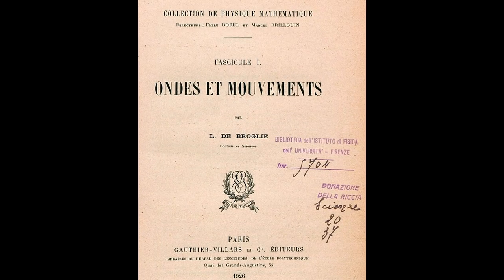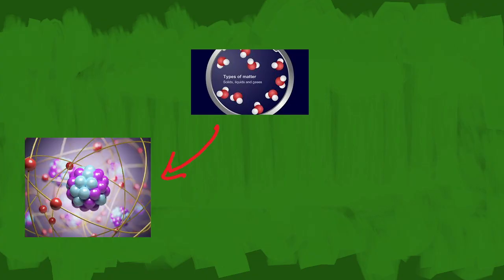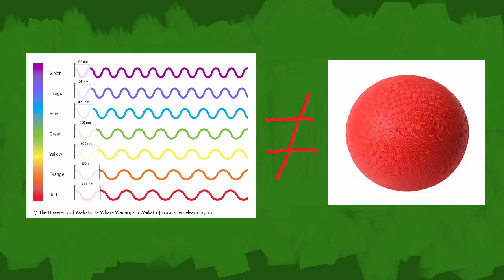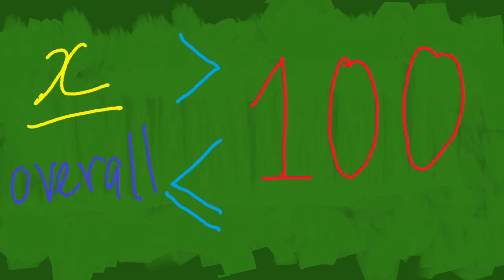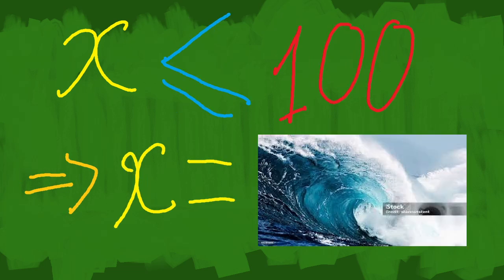In 1924, Louis de Broglie proposed his PhD thesis, which includes a groundbreaking theory of matter. According to this theory, all matter can behave as both a particle and a wave, though if something behaves more like a wave, then it behaves less like a particle, and vice versa. To determine whether something acts more like a wave or more like a particle, the wavelength calculated from the equation is compared to the overall system to see whether it's bigger, smaller, or equal to 100. If the value is bigger, then it's more of a particle, and if it's smaller or equal, then it's more